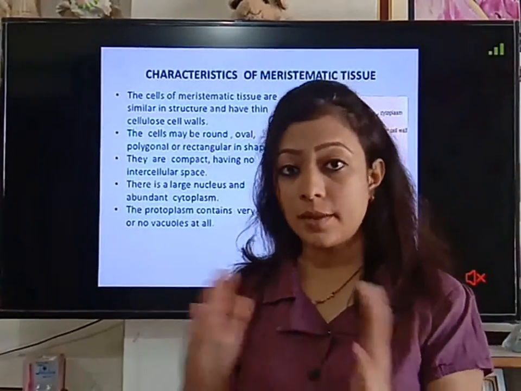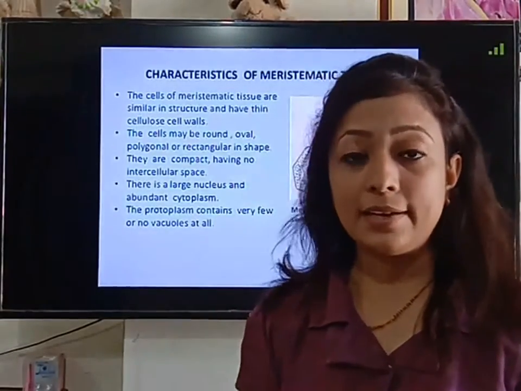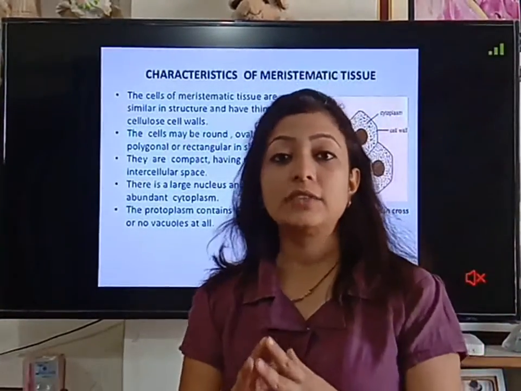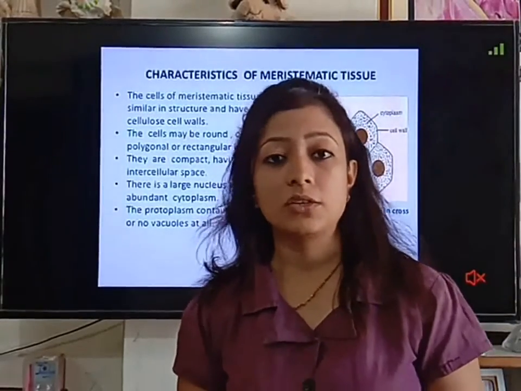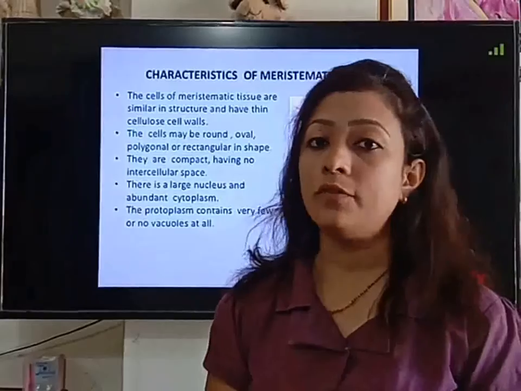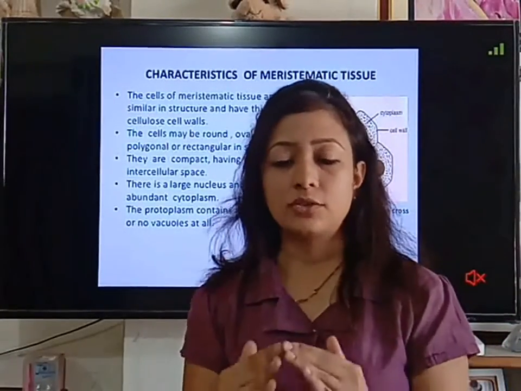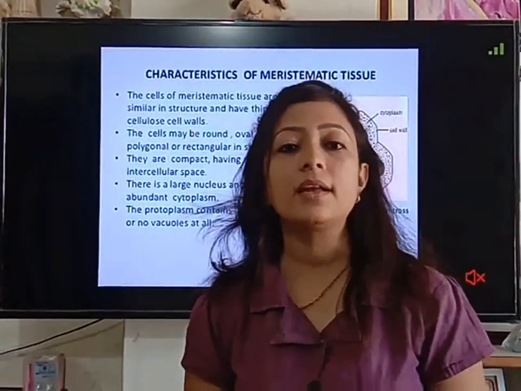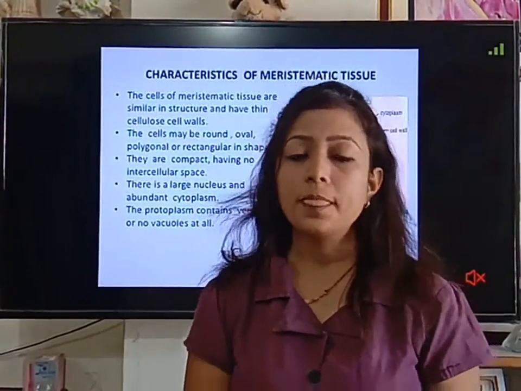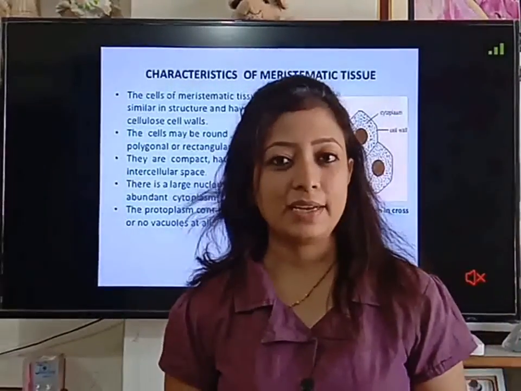So children, this is about our today's lecture. In that we discussed the meristematic tissues characteristics, activity 6.1 from your NCERT book, and apart from that we also learned about the cross section of the stem and the function of various tissues in that. So the function and structure of these various tissues we are going to discuss in detail in coming topic, that is called the permanent tissue. And apart from that we also discussed the characteristics of meristematic tissues.